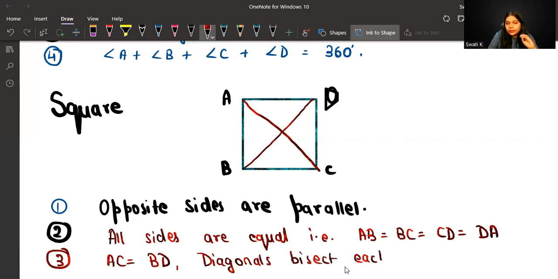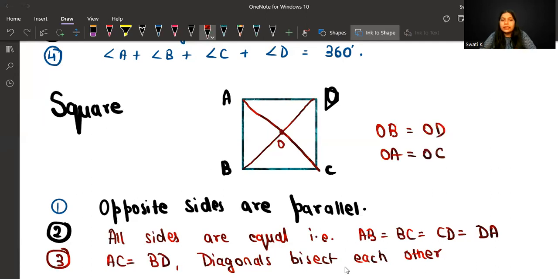But there is one thing that I want to add here. Diagonals bisect each other. What does that mean? It simply means OB is equal to OD, and of course, OA is equal to OC. But there is one thing that we know, that AC is equal to BD, right? Because that is the property. So if the length of the diagonals are equal, that means OB is equal to OD is equal to OA is equal to OC. So all the bisected diagonals, they are also equal to each other. So you can also write down OA